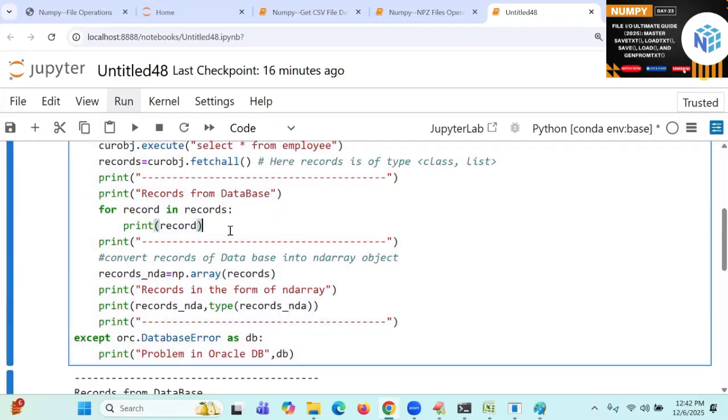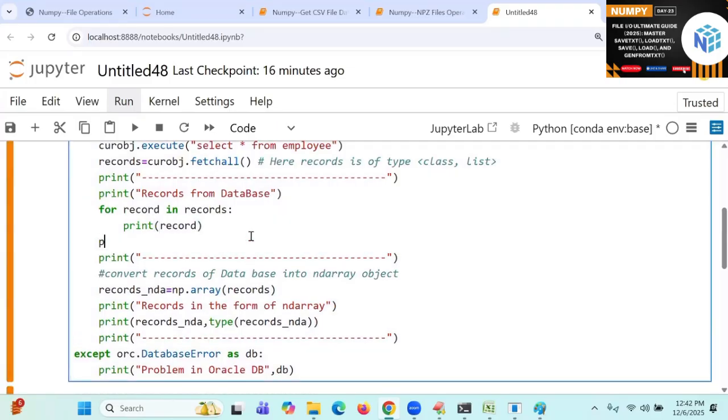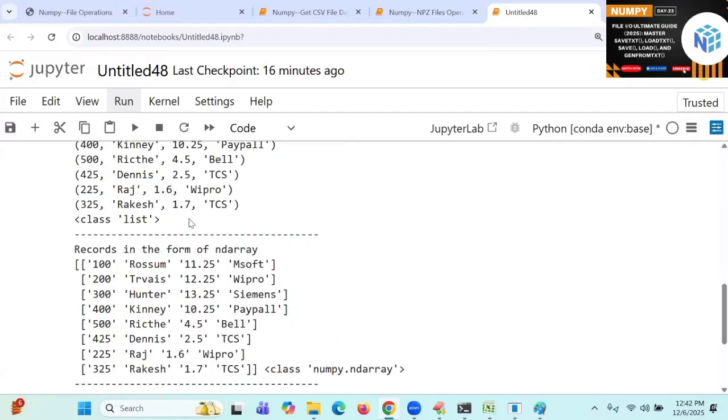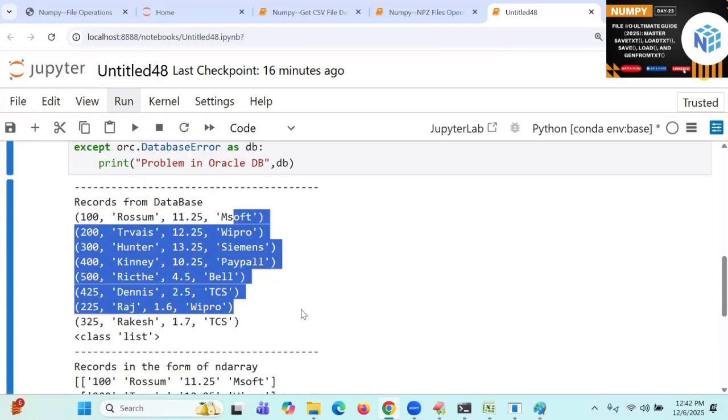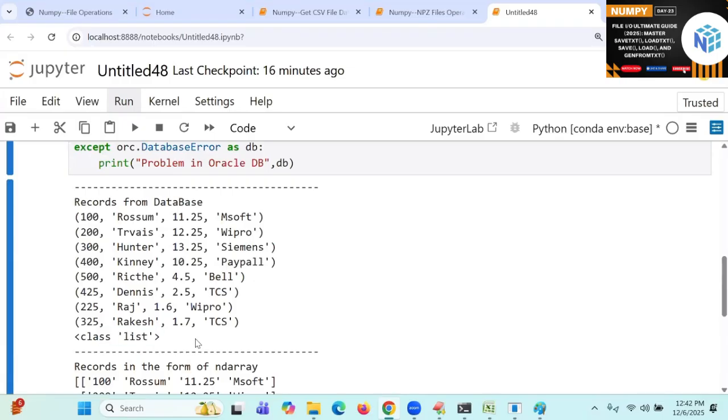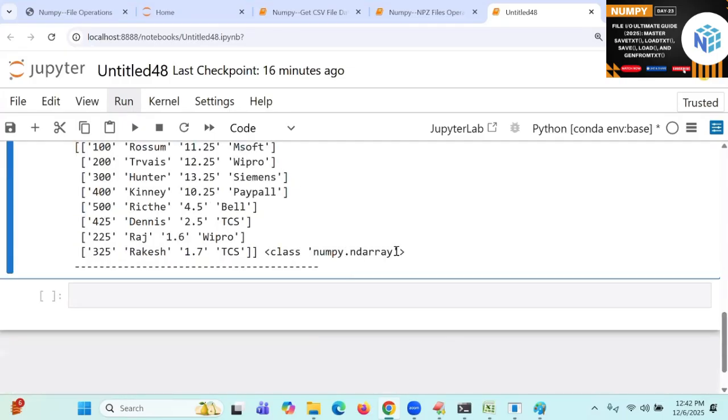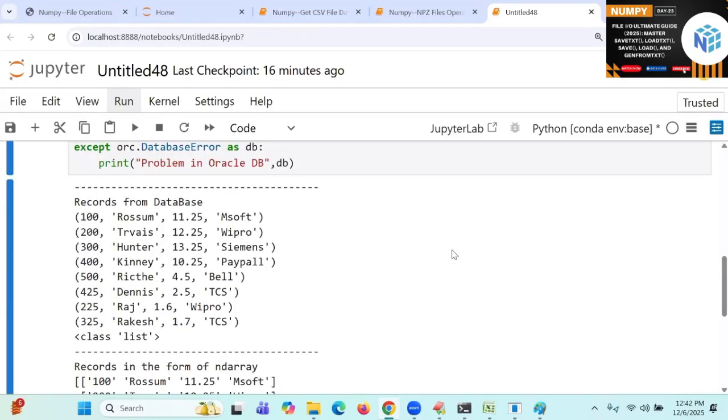These are all coming to this point. Here I will write a type of records. Now you see, already done. This is called what? List type. And this is called what? ND array type. Okay, these are all called what? Couple types only. I'm printing the outer layer part. Convert it into ND array or not? Yes. Very, very simple. So anywhere else you can convert it.